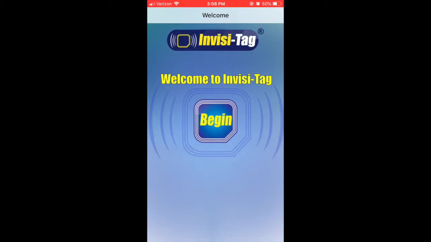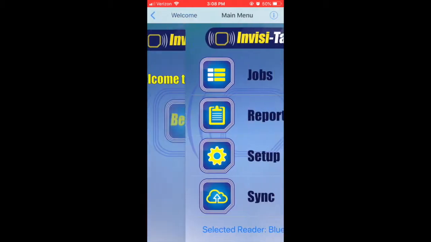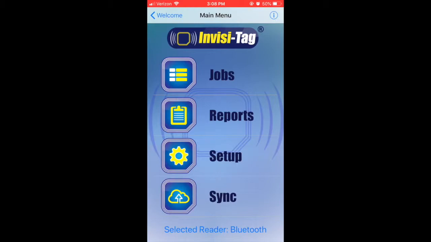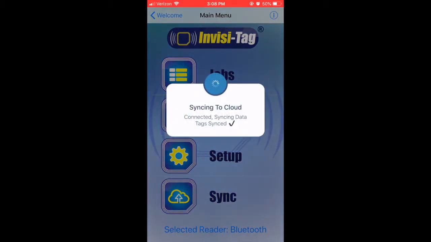So the first thing we're going to do is make sure that our device is connected to internet, which as you can see, mine is connected to Wi-Fi. Now we're going to hit begin. All we're going to do is go to the main menu and hit sync, and our device will start syncing